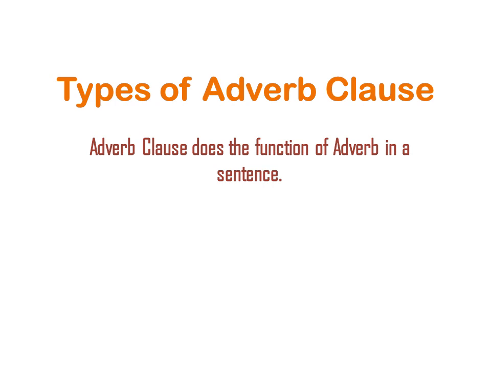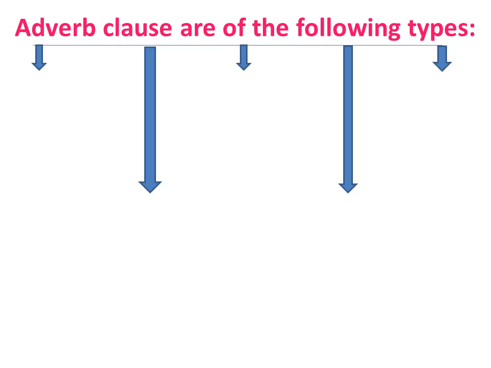And based on what information it gives about the action performed in the sentence, it is classified into different types. Let's look at the types of adverb clause and understand each of it in detail. Types of adverb clauses that we are going to deal with include